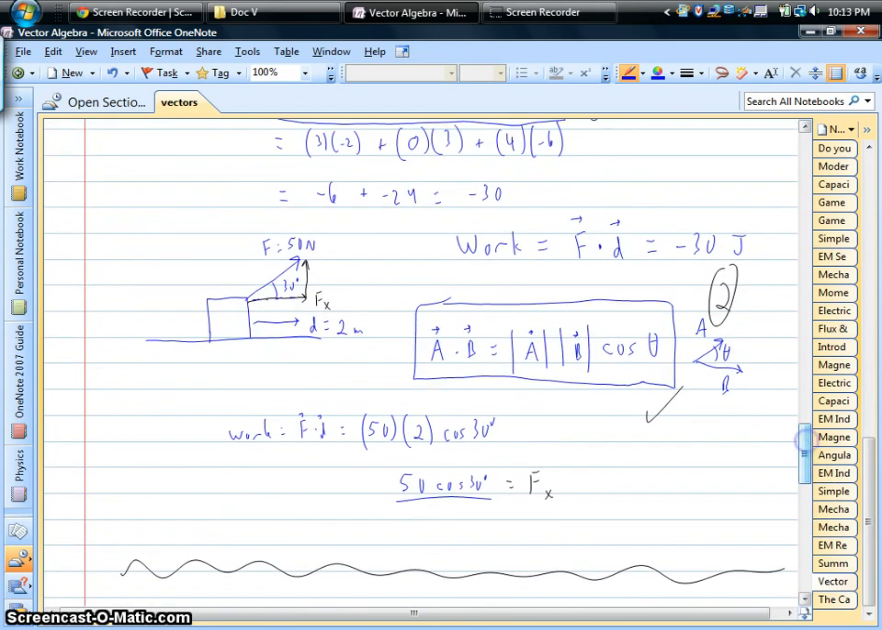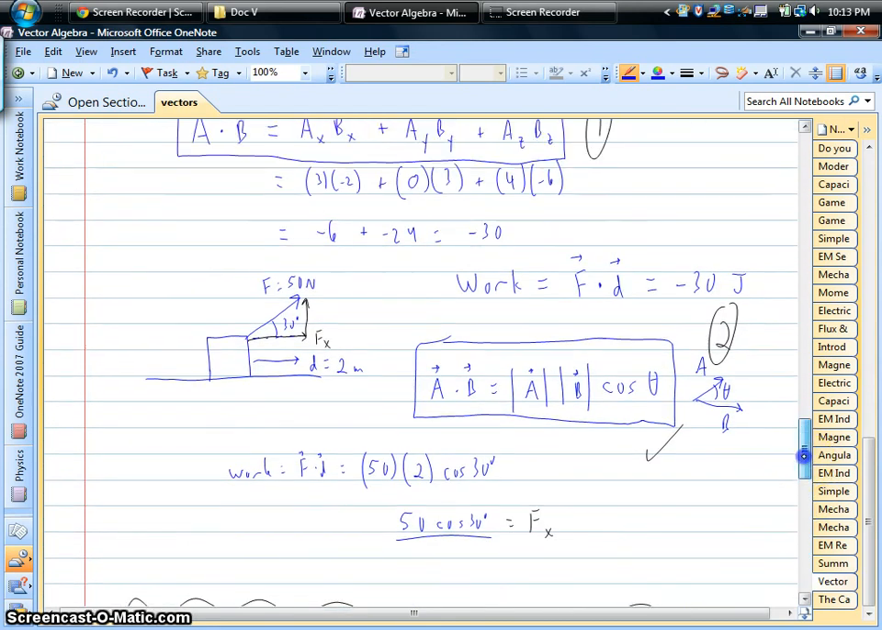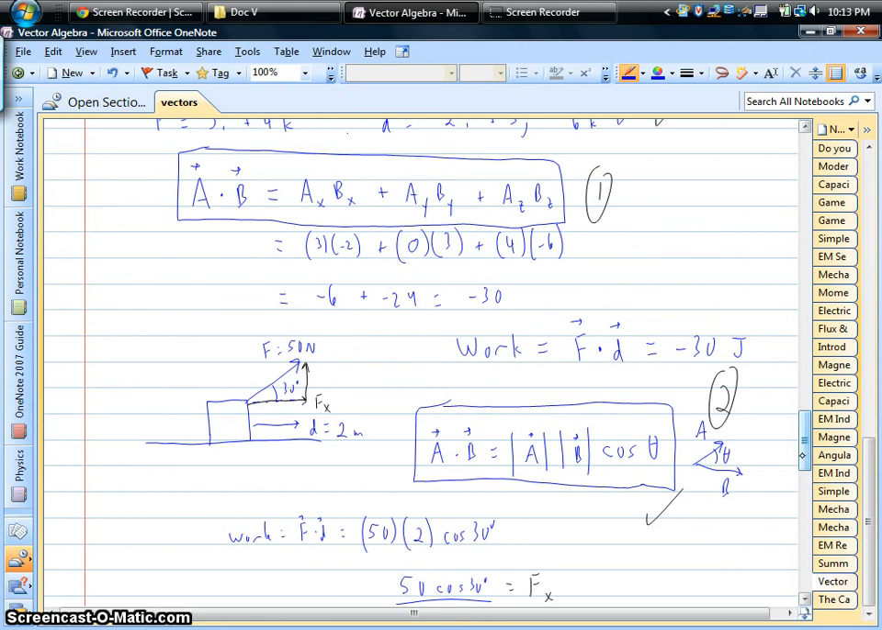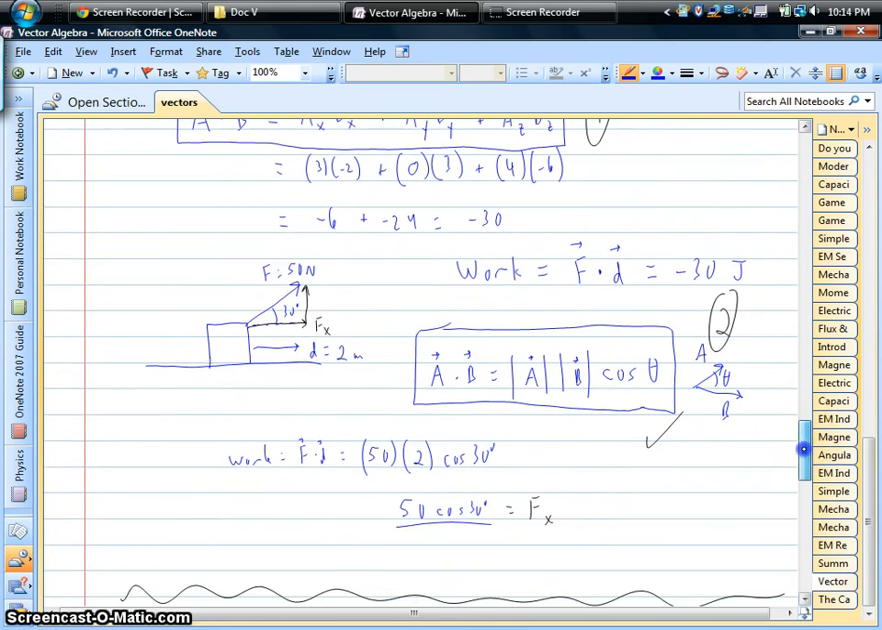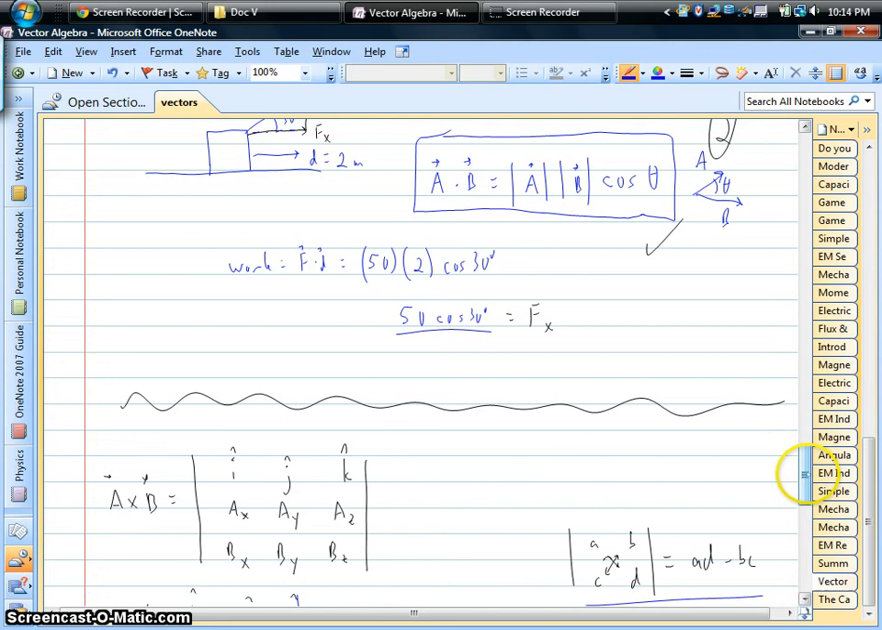Dot products, you get a scalar for an answer. There's 2 ways of doing those, depending what you're given in the problem. So this is all stuff that we have to keep in the back of our minds and